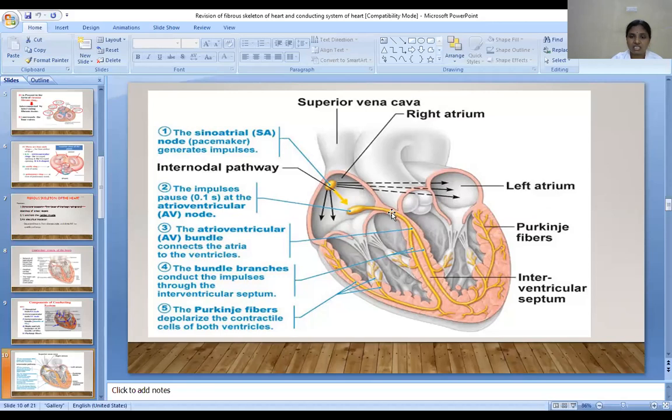The AV bundle travels through the interventricular septum, most of it in the membranous part of the interventricular septum. On reaching the muscular part, what happens? It is divided into right and left branches. These branches conduct the impulses through the interventricular septum. Then finally from the septum they leave and travel through the papillary muscle. Here they are divided into smaller and smaller branches, which are known as